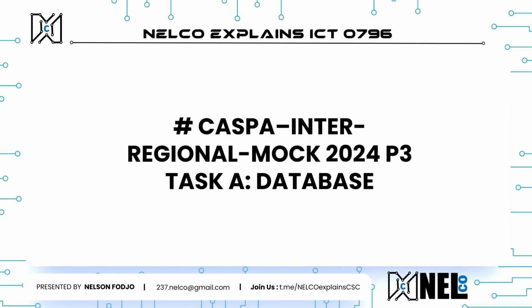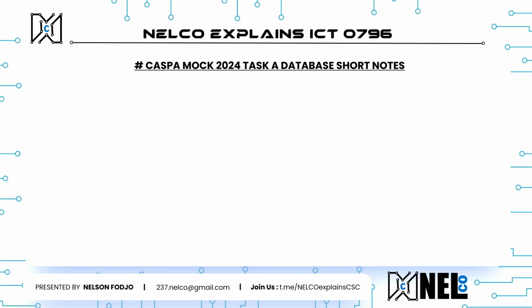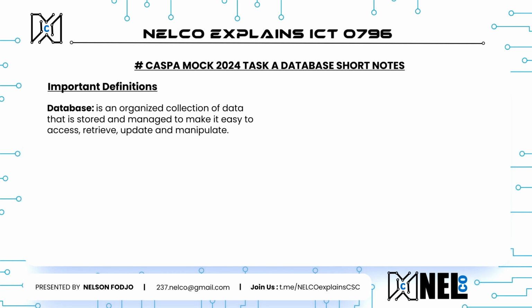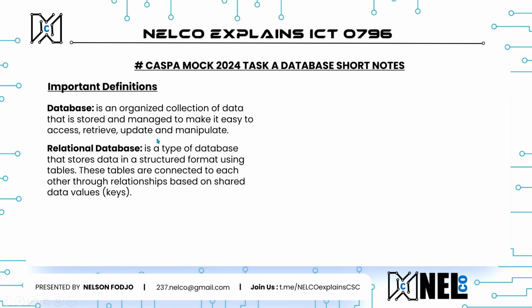Begin, we are going to start with some short notes on the question paper itself. Important definitions. We're going to start with the database. The database is an organized collection of data that is stored and managed to make it easy to access, retrieve, update, and manipulate. Next, we have a relational database, which is a type of database that stores data in a